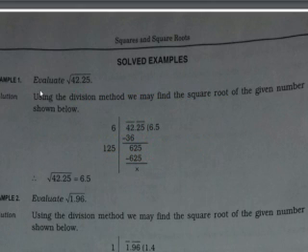It has been given: evaluate root under 42.25. You can see before the point there will be a pair, from 1's and tens it will be making one pair. In the same way, hundreds and thousands it will be making the next pair. So in the same way you will see over here the pair has been formed using the division method. We find the square root of the given number as shown below, that is 42.25.